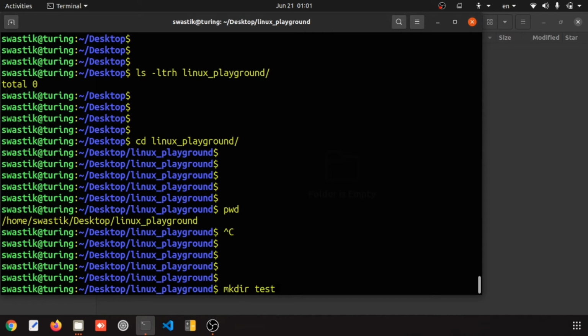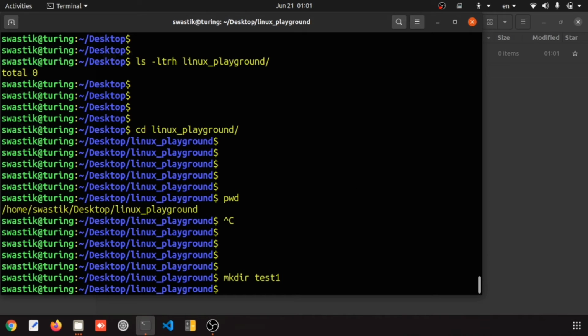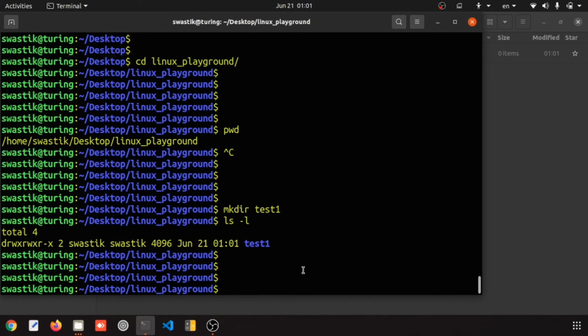Suppose you are creating mkdir and then a test1 folder here. You never know whether this directory is created or not, but if you check with ls -l, you can see that this test1 is created at this time, and also it is owned by this user, and this is the permission. We will come to this permission later.